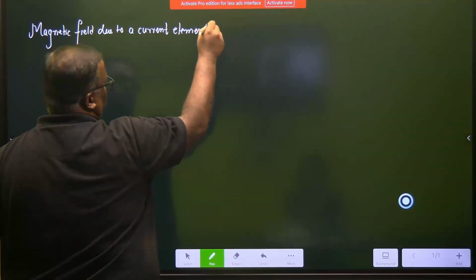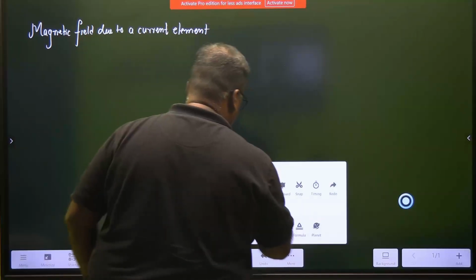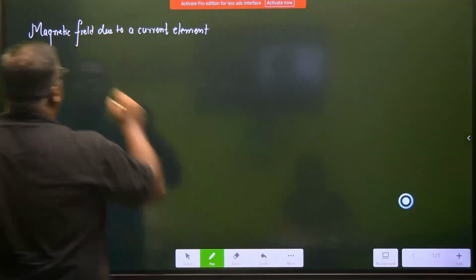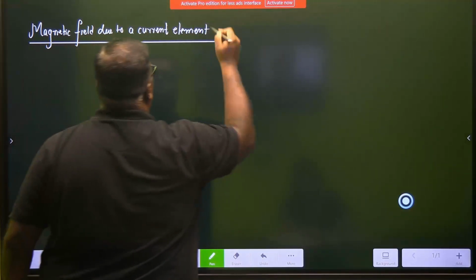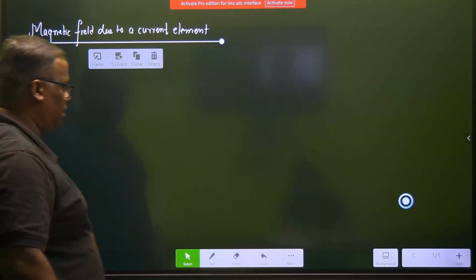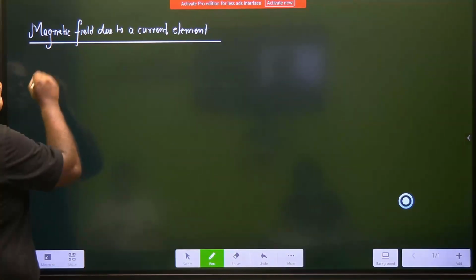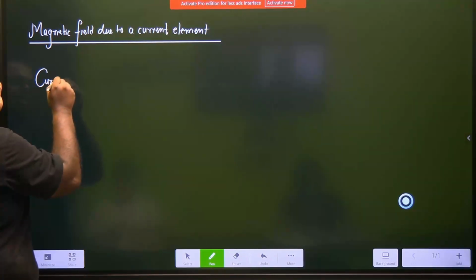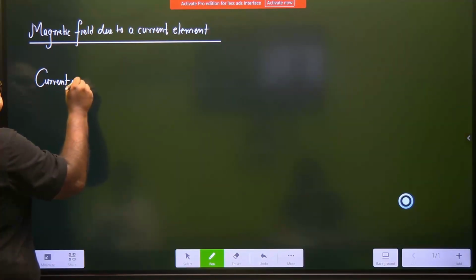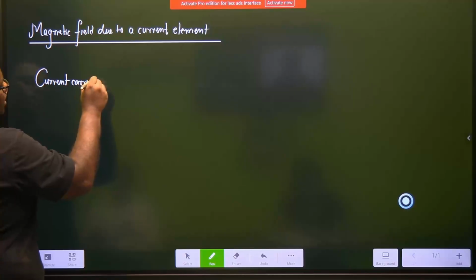This word is something new for you, just absorb it as of now. As soon as we get into the topic, it will become clear. Magnetic field due to a current element, okay? So far we have studied that a current carrying wire